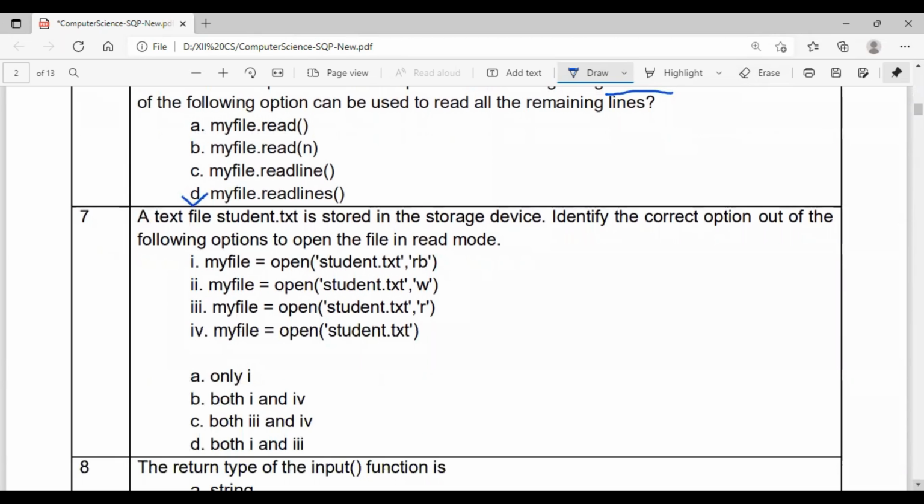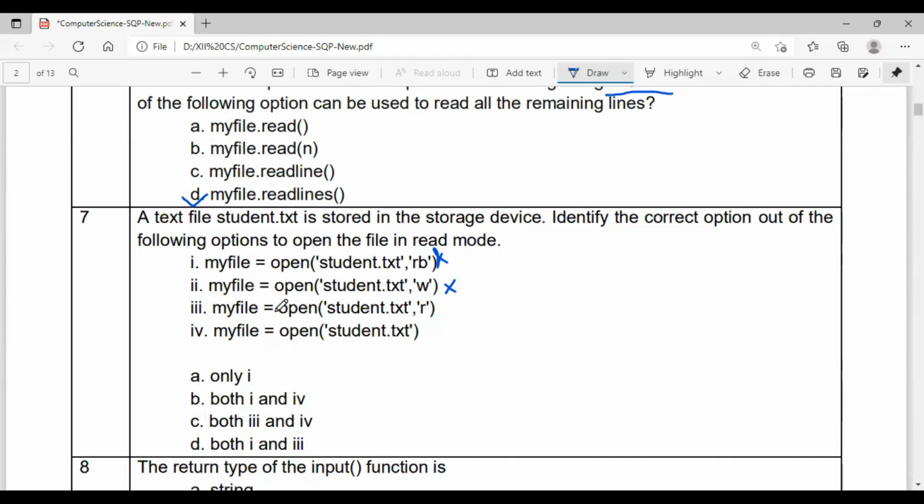A text file student.txt is stored in the storage device. Identify the correct option out of the following to open the file in the read mode. The first option is myfile equal to open student.txt rb. That mode is not available, so that is wrong. Next, myfile equal to open student.txt in w. W stands for write mode. That is also not possible.